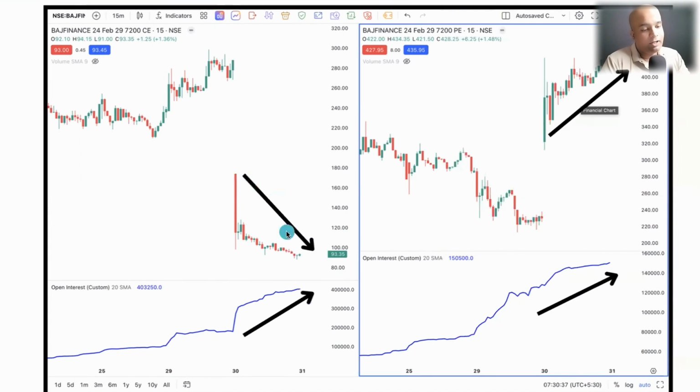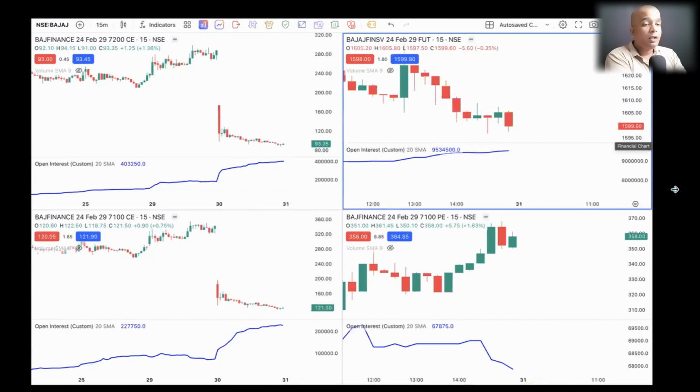So I said the same thing, it is fall हो रहा है, OI बढ़ रहा है. So this is increase हो रहा है, OI बढ़ रहा है. So this is super bearish, this is super bearish. So now